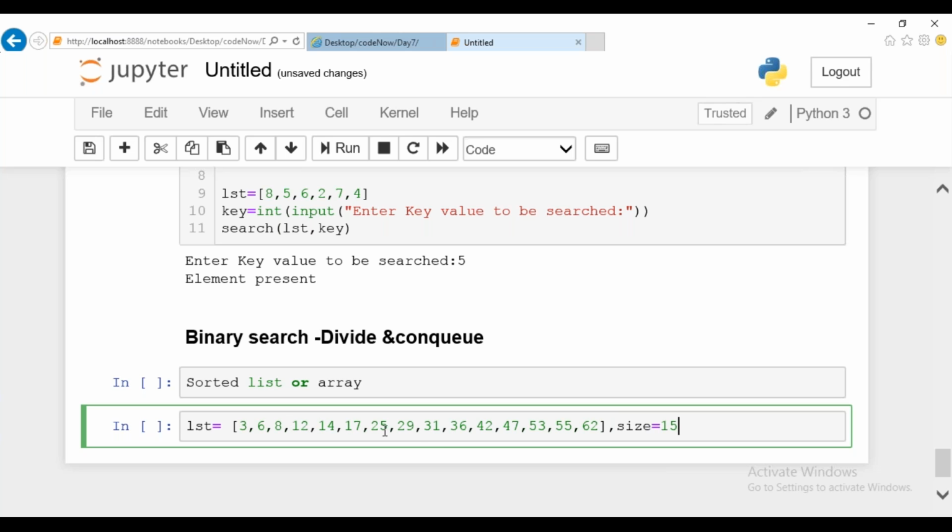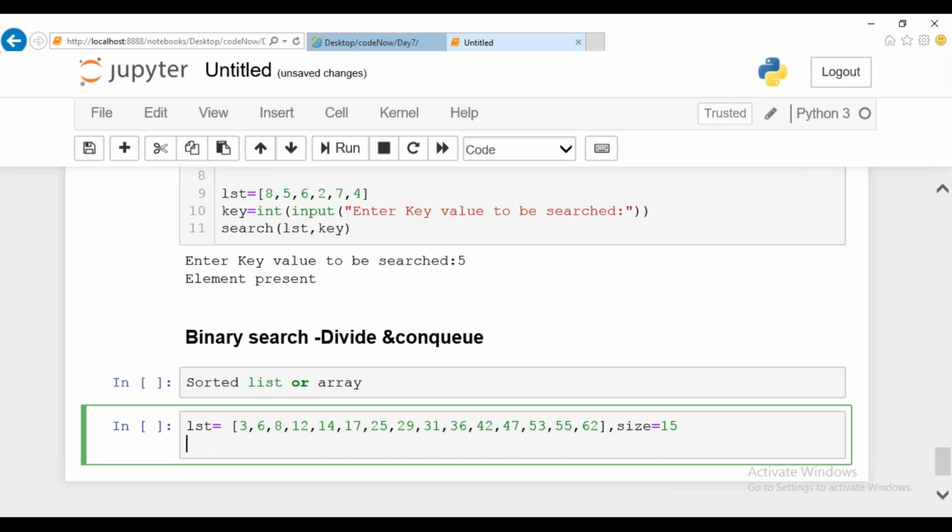So here we are going to perform binary search. In binary search, you set index pointers, where the first value and the last value are taken as the initial index pointers. You keep dividing this list by 2 and perform the operation.